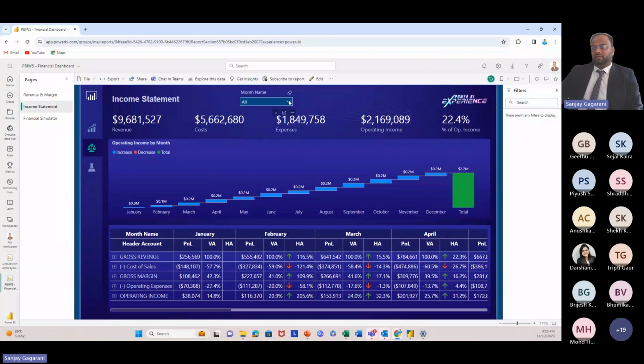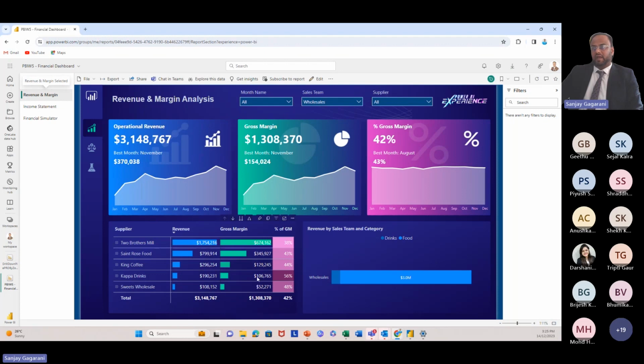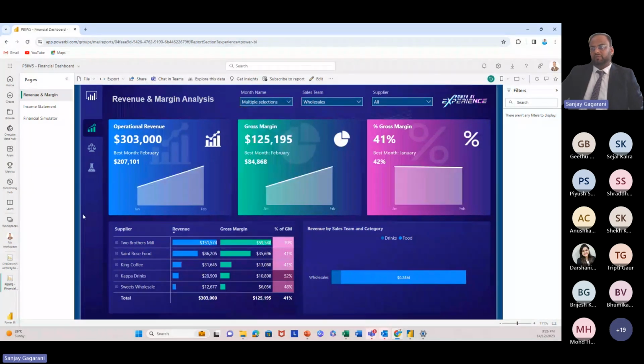Okay, now I think I have not shown you the margin again. I mentioned to you that this data is for the entire year. But if you would like to have data only for, let's say, January and February, it will just change the entire graph for those two months. So that's the flexibility of the interactive visual we are talking about. And just believe me, these are very, very basic. I'm just showing it here. There are much more advanced versions available in Power BI, which can be customized depending on your business or on the requirements of the various stakeholders.